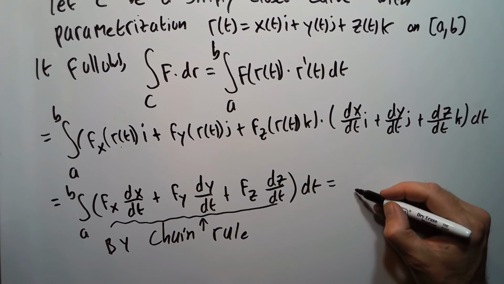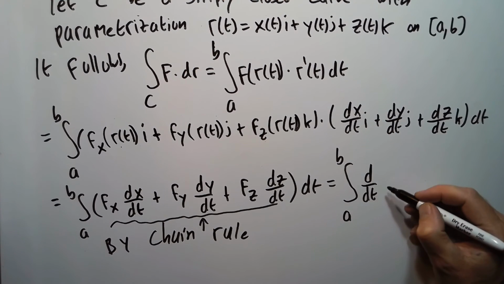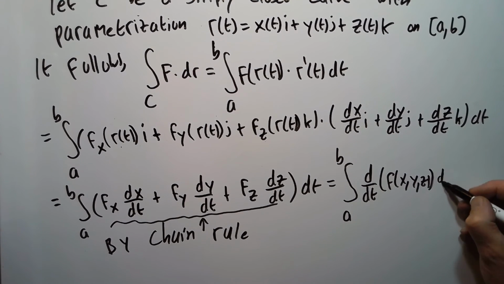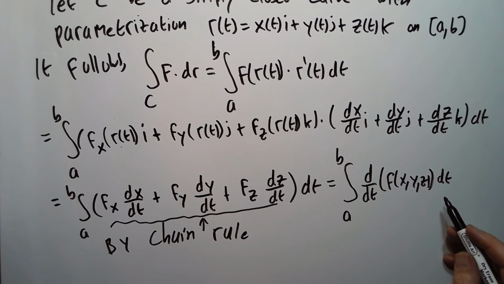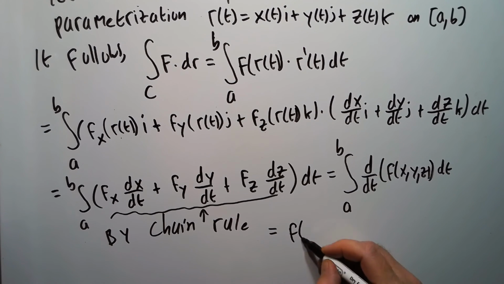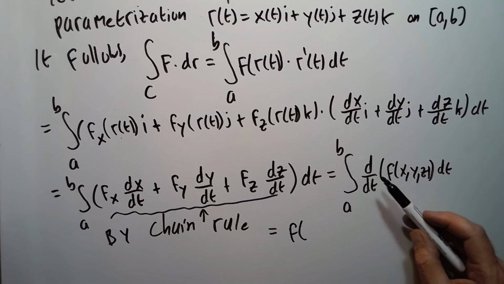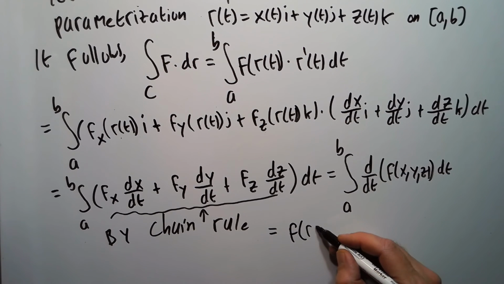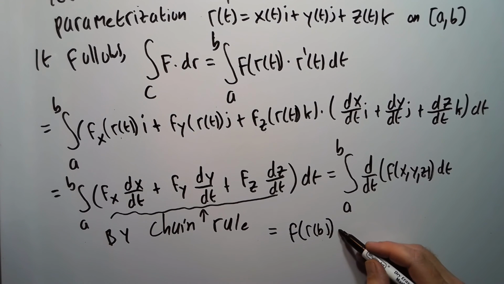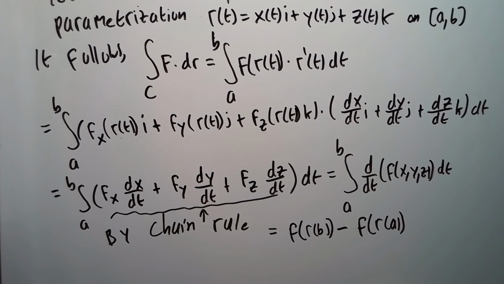So this then equals the integral from a to b of the derivative with respect to t of my f, but you're integrating a derivative here, so it's just going to be f of, well, putting it properly, it should be x(t), y(t), z(t), that's fine. I was leaving off the t's for ease of notation. So when you put in b, it's going to be f(r(b)), and then minus f, putting in a, f(r(a)), but this equals 0